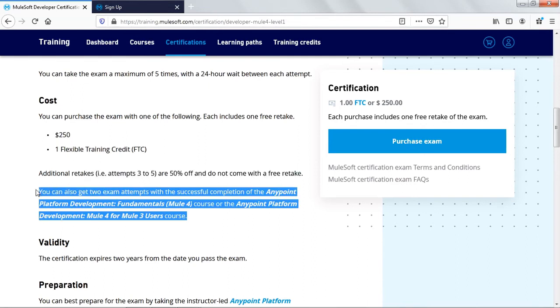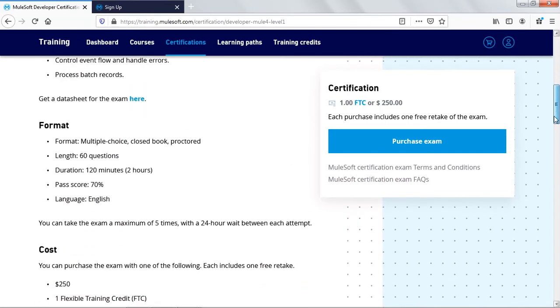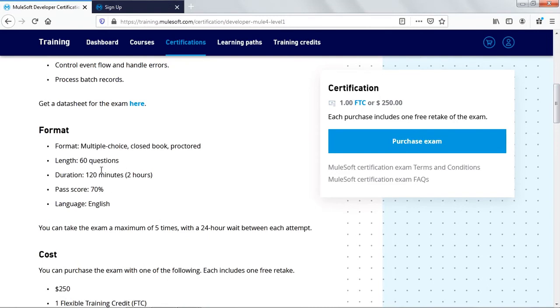As it's a pilot program for MuleSoft, they clearly say that it may not be there for long. So it's better you do your certification as early as possible, as anyways it is not going to cost you anything, and of course you are going to learn some new technology which has a good demand in the market. Now talking about the exam, the exam has 60 questions and a duration of 120 minutes.